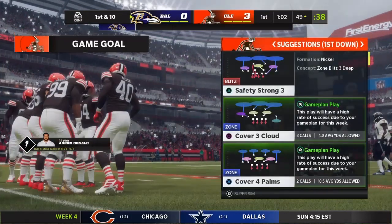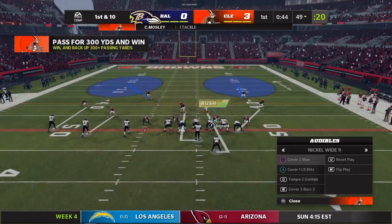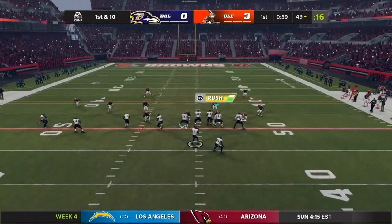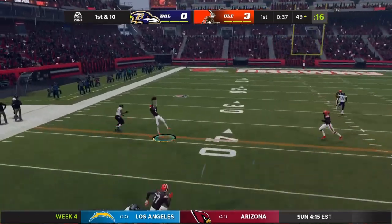I know what you're thinking out there. I know a lot of you are thinking, take a shot downfield. It's a great spot for it. I'd say maybe later in the game, definitely in the second half. But right now, I think they're just...